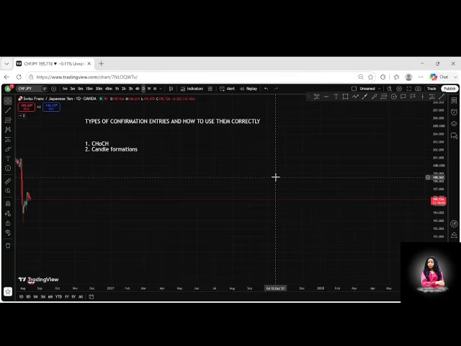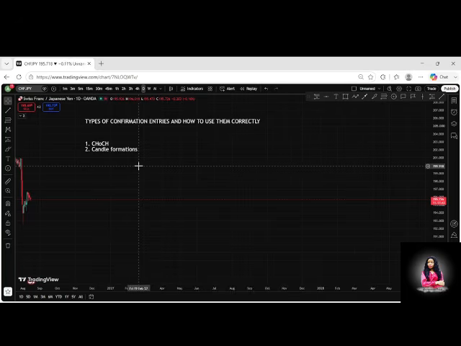A lot of people hear about CHoCH, but ideally they don't actually know how to apply the use of CHoCH accurately on chart. So change of character is this aspect of structure that can help you to confirm your trade